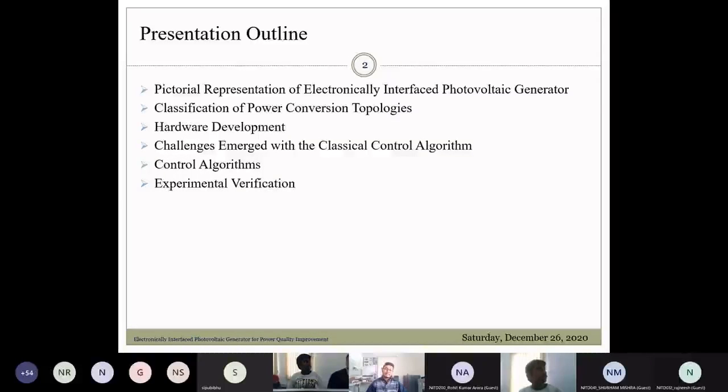The skyrocketing demand for energy, depletion of fossil fuels, and poor power quality problems have always been at the forefront. Moreover, these challenges have encouraged researchers to look for alternative renewable energy sources, including wind turbines and photovoltaics. The photovoltaic units exhibit unique features which typically include zero cost availability, ability to accommodate the everlasting demand, and zero carbon footprint. These features have generally enabled the PVs to get widespread attention.